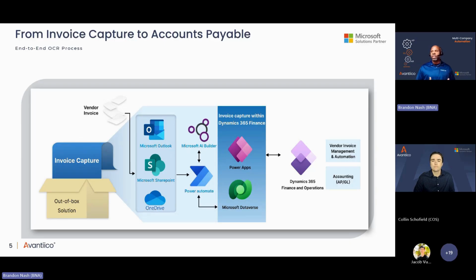Then, built within the Power Automate features within D365, you have the AI Builder. That is what allows the system to read your PDF or the document that you get from your vendor and construct that PDF into an invoice that eventually goes into D365. Once that invoice comes into D365, now you have the capabilities of the standard AP invoicing functions